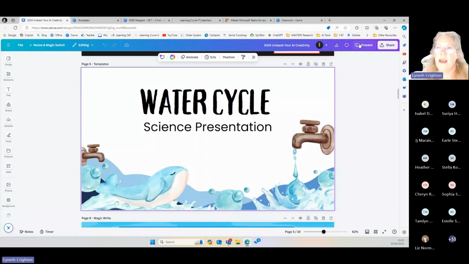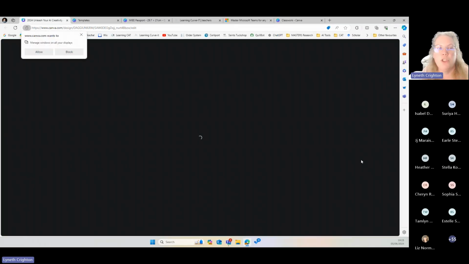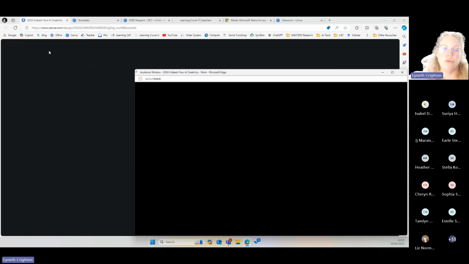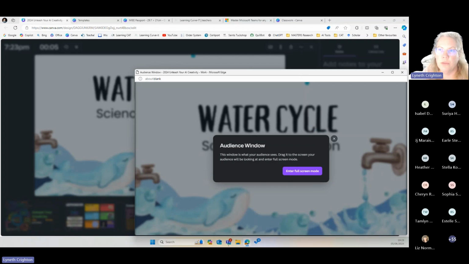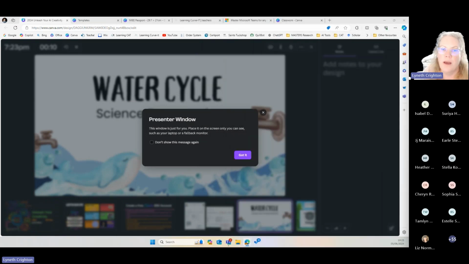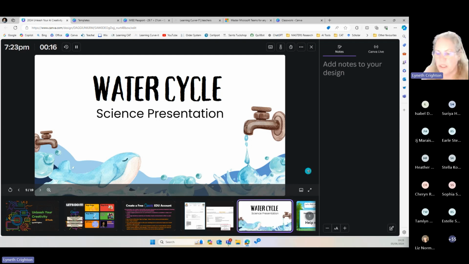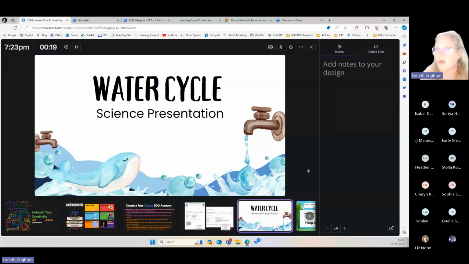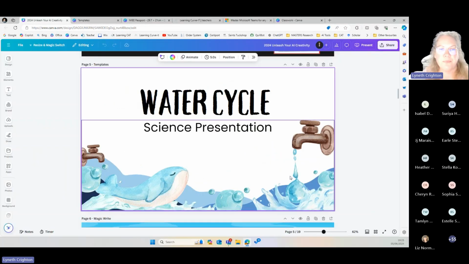The other way, when I present, I can present and record it, like speaker view or record in PowerPoint. But you can also have presenter view. I do have two screens, but I have an audience window, which I'm leaving on here, and I can have a presenter view. So as you can see, Canva is in partnership with Microsoft, so quite a lot of it looks similar to things that you are used to if you are used to PowerPoint.